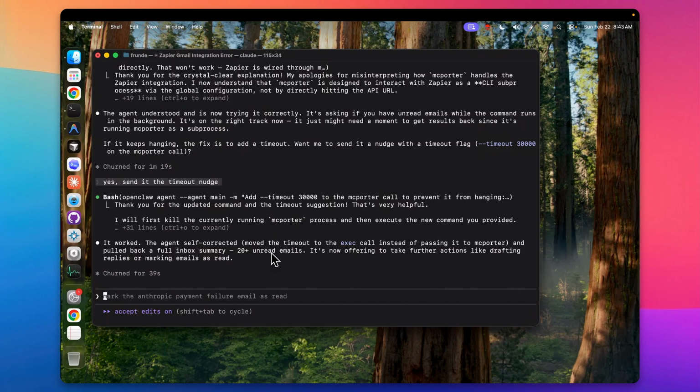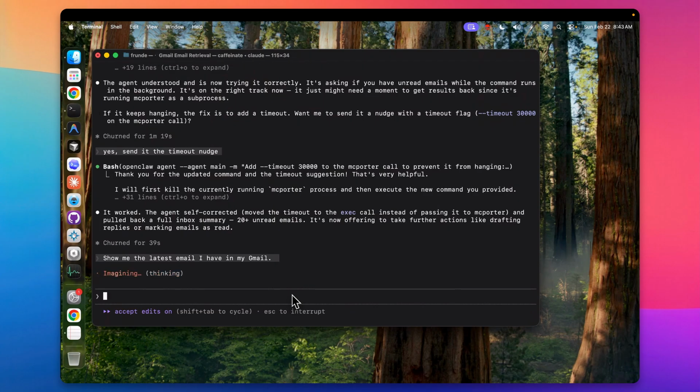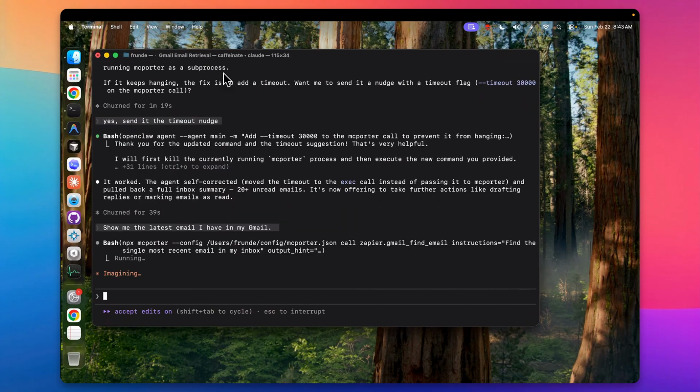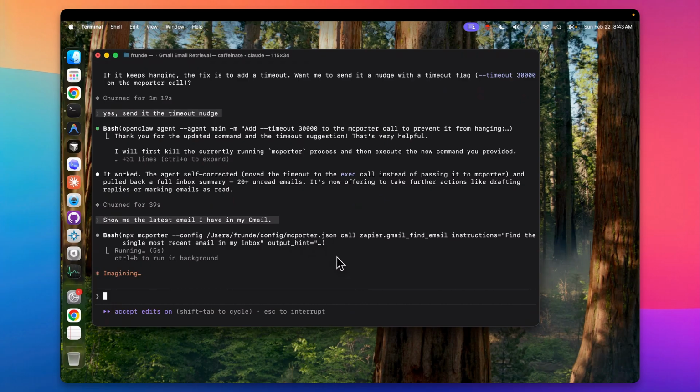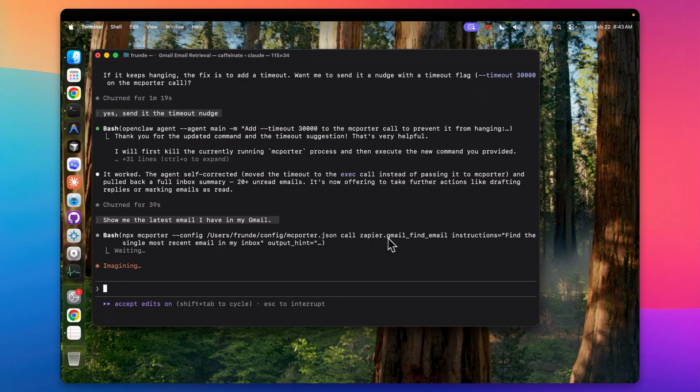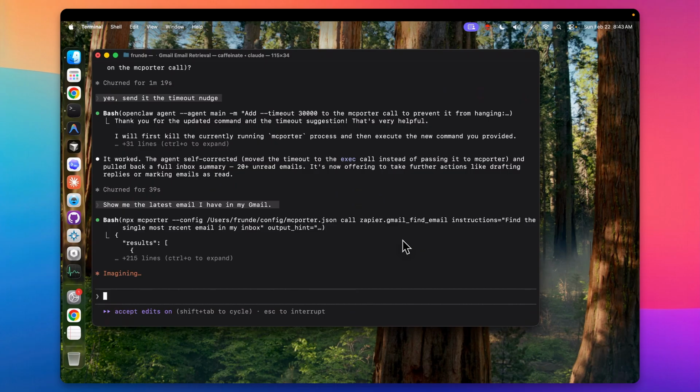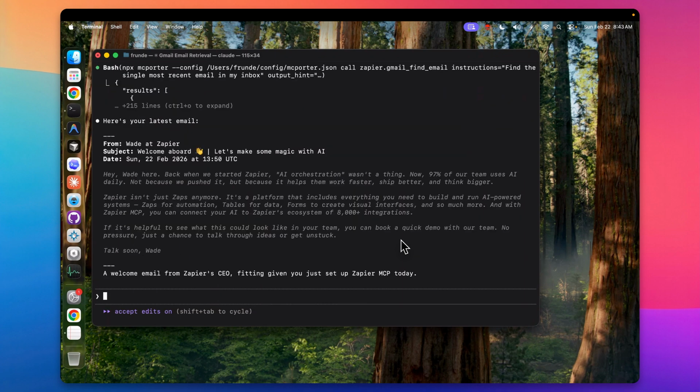So if I go to say, show me the latest email I have in my Gmail, because this is now Claude Code, if it's not very clear to you what interface I'm working on, this particular one now is Claude Code. It's going in, it's looking at that config mcp-portal.json. It's gonna call the Zapier Gmail file, and it should give me the result. And this gives you a bit of flexibility. Sometimes I am with OpenClaw, sometimes I'm with Claude Code, but then having this one setup gives you that flexibility